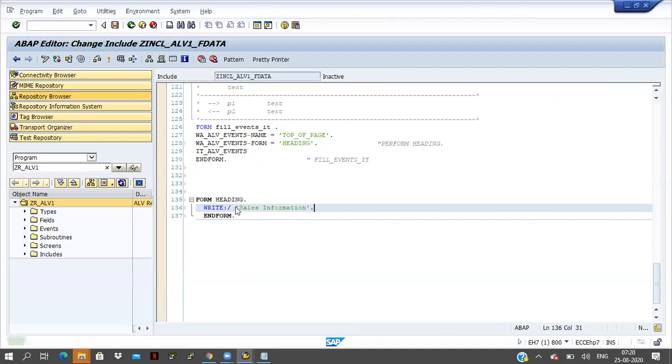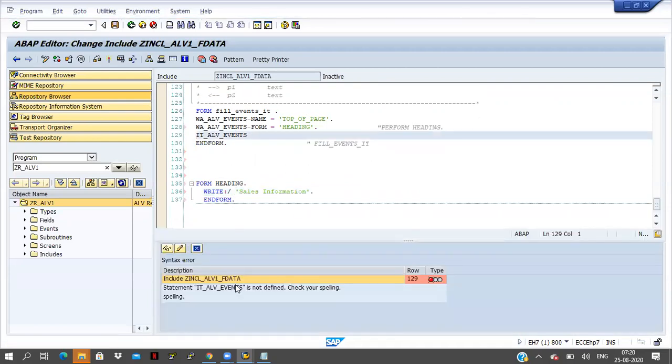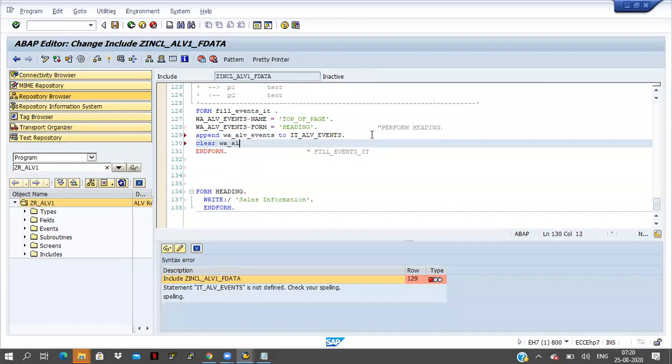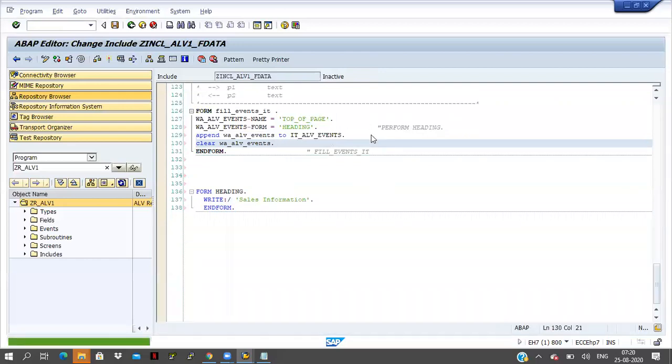Save it, check it. Something problem is there. Okay, fine. Save it, check it, activate it.